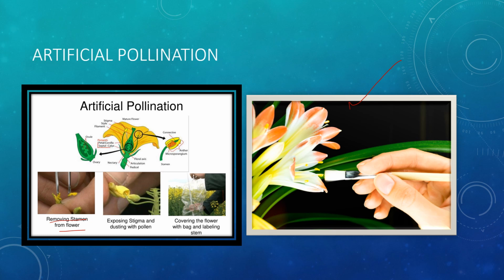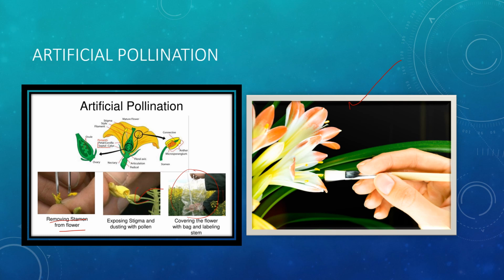This flower with the gynoecium: the stamen is removed, that is, the male part is removed, and the gynoecium is preserved. It is covered in a muslin bag to prevent any type of natural pollination. Okay, so when the stigma of this flower matures, as it was preserved in a muslin bag, the pollen grains from another plant variety are taken and deposited in this